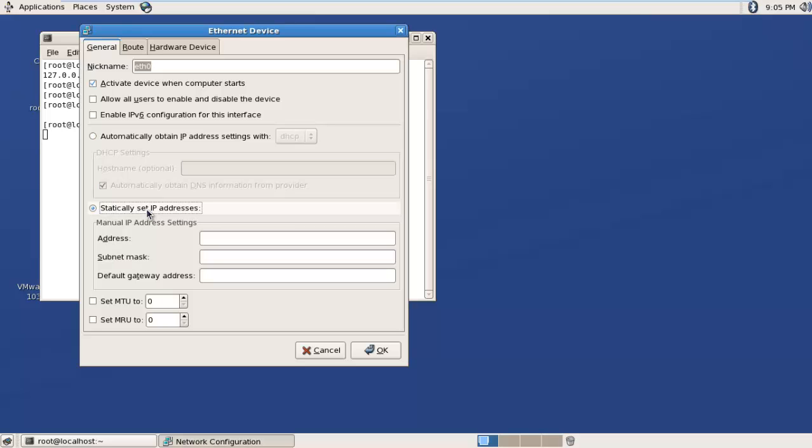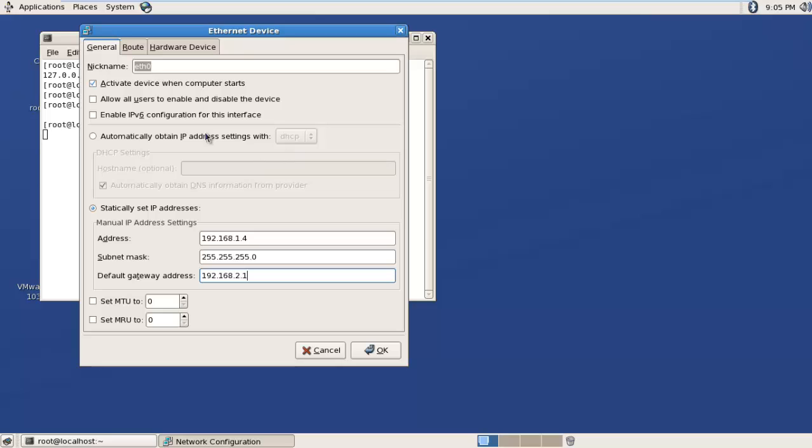So statically I'm going to set the IP address which we already assigned: 192.168.1.4, the subnet mask will be 255.255.255.0, and the default gateway will be